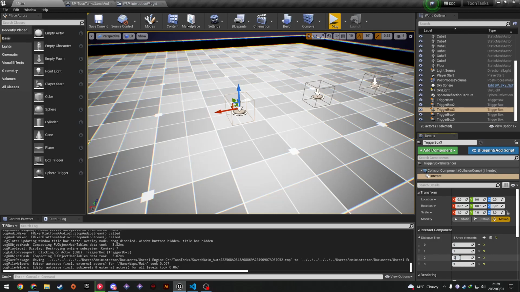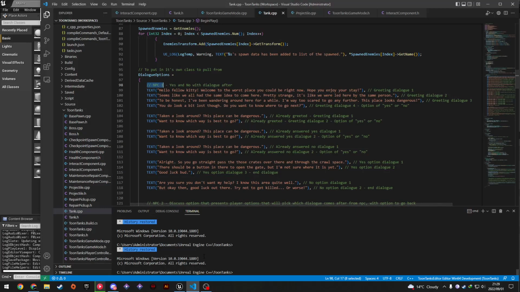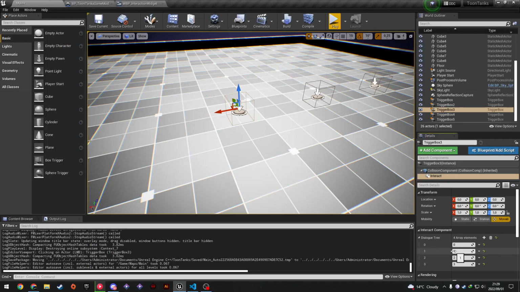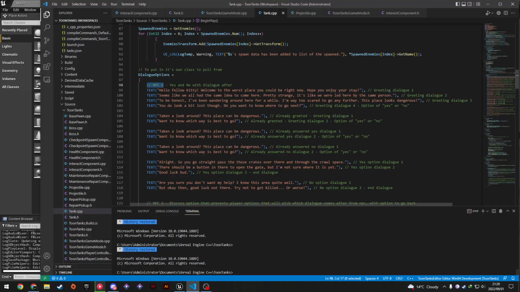So yeah, that's basically how that works. All that dialogue, that 0, 1, 2, and 3, is kept here. So for NPC 1, this is line 1 over here, line 2. You see here it says "Hello fellow kitty," which is what he says initially. So that will be his greeting dialogue. It's his first greeting dialogue, line 1, and then line 2, and then line 3, and then line 4,